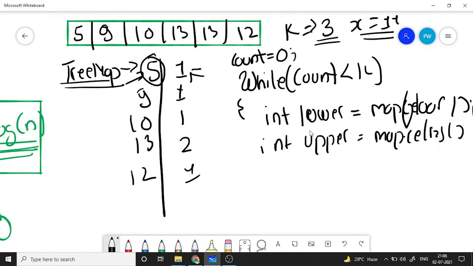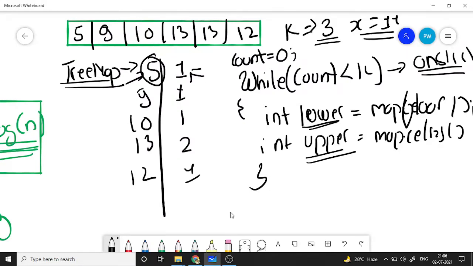So we are getting the upper and the lower element from the map, and then we are using the condition that has been given, and according to the condition that is satisfied, we are storing that result in our answer list.